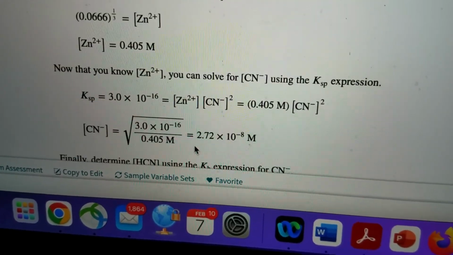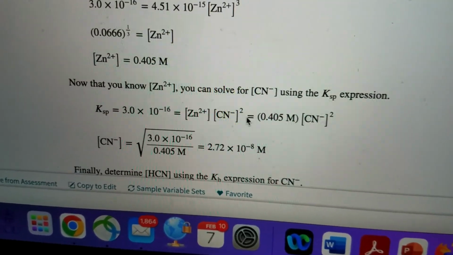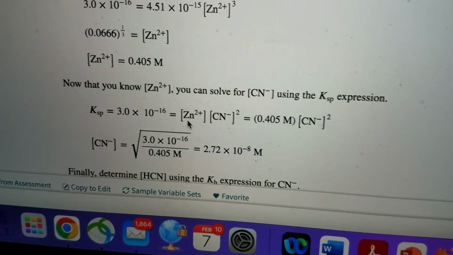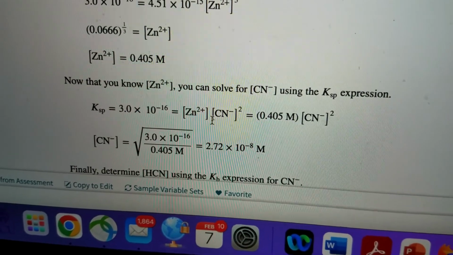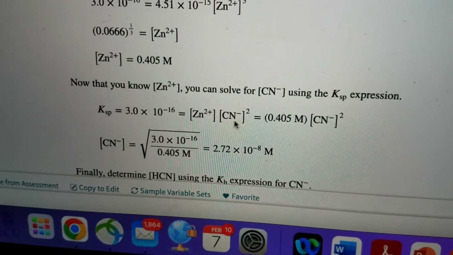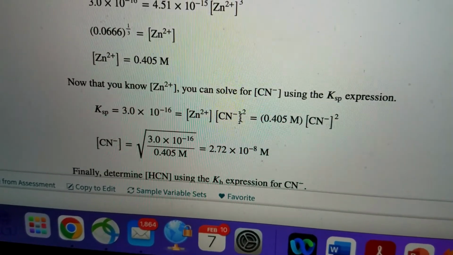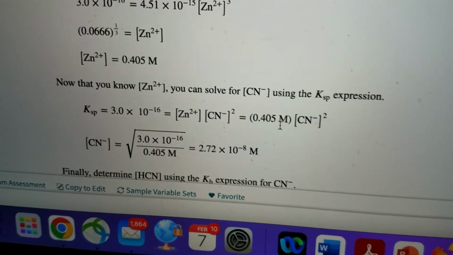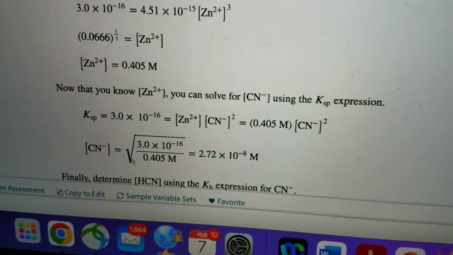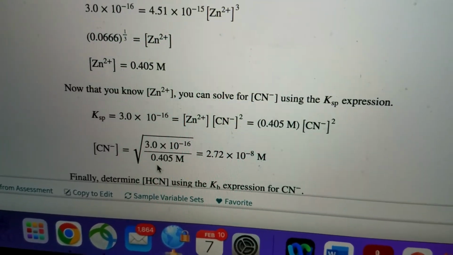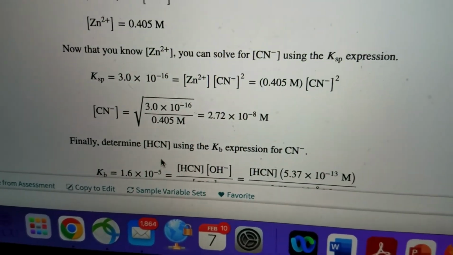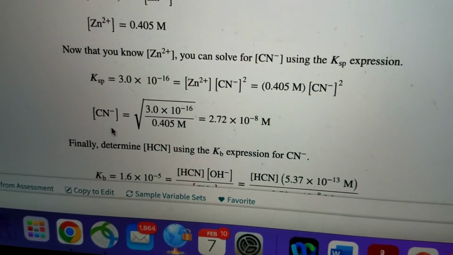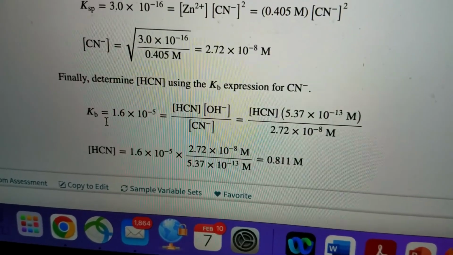So we got the zinc. And then we want to find out the next one, cyanide. Again, we have to use Ksp. So we know Ksp equals zinc 2 plus times cyanide squared. And we already know zinc's concentration. We just place that here, then we can solve for the cyanide concentration. So now we have both zinc 2 plus and cyanide ion concentrations. We just need to find out